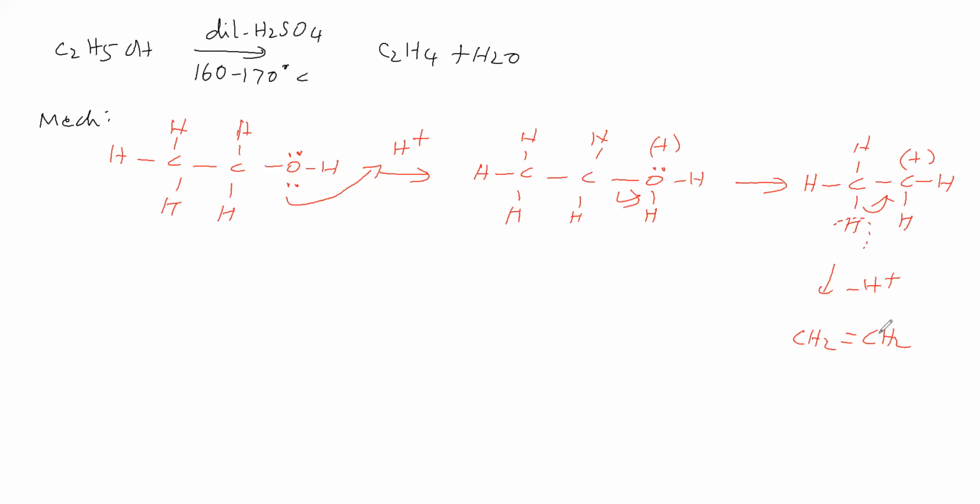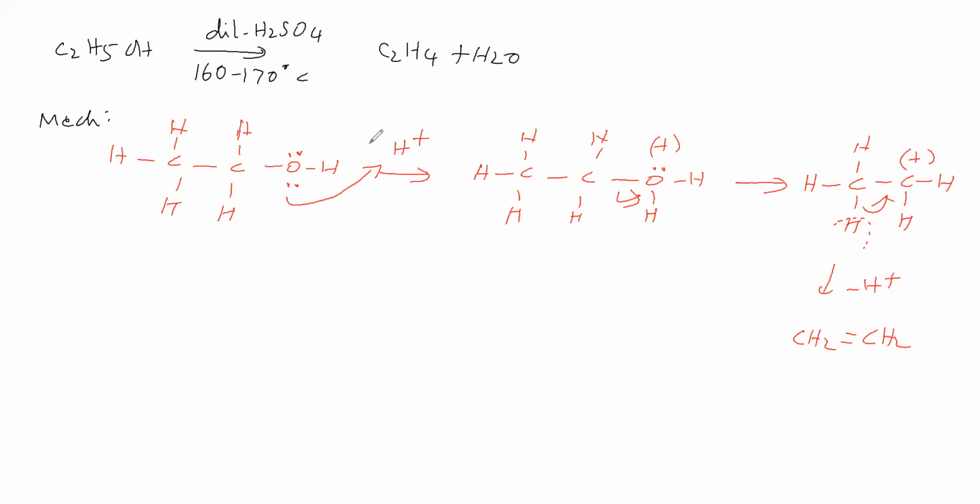Now we will see, the reactant is ethanol. What is the product? Ethylene. One carbon has 3 hydrogens, but the other carbon has 2 hydrogens, which means 1 hydrogen is removed. This carbon had the OH group, and that OH group is not there here. That means from this compound 1 hydrogen and 1 OH group are removed. Therefore this reaction is called an elimination reaction.